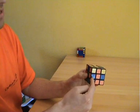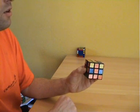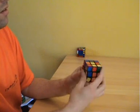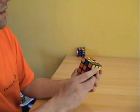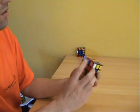The problem with this is that it takes quite a lot of moves, somewhere between 7 and 9 depending on the algorithm you've learned for this. This is a very easy one for it, but it takes 9 moves. And if you do this for all of the edges,